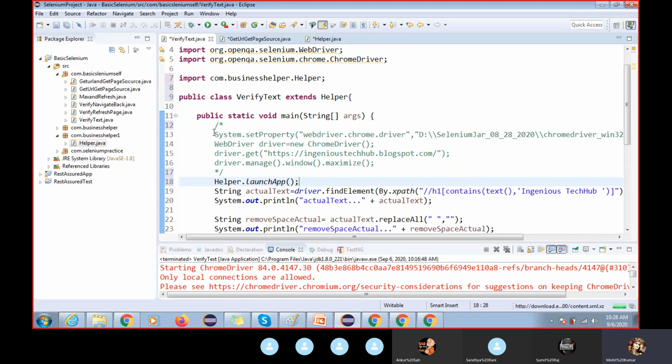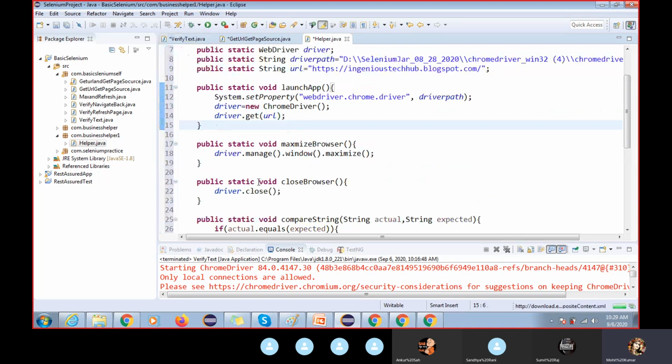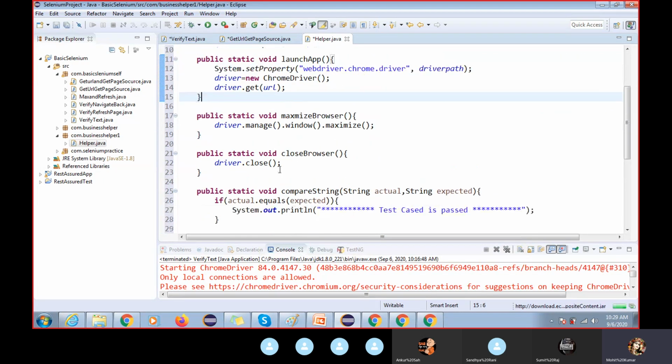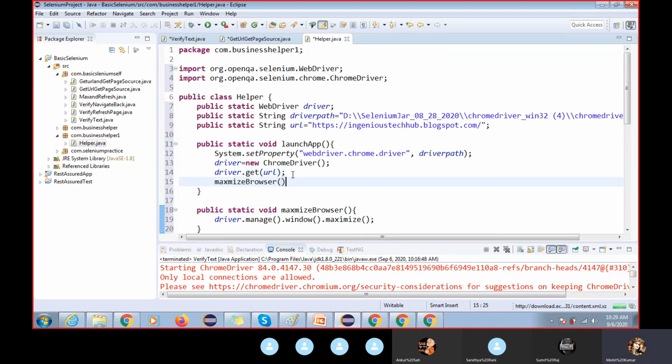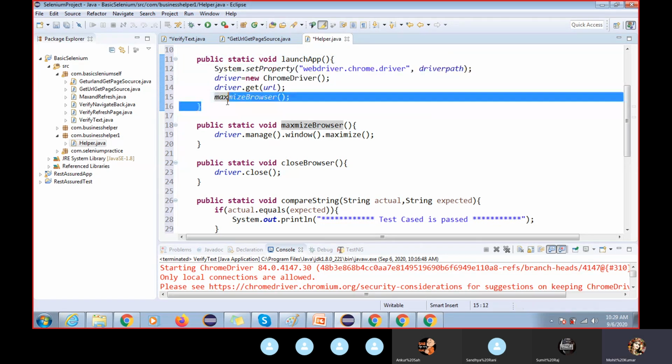You should not write this line of code again. Sometimes we have to maximize the application, so I will call this method here, maximize browser. This is a static method. You can call a static method by class name, or directly if you have a static field. So I just call this method here.